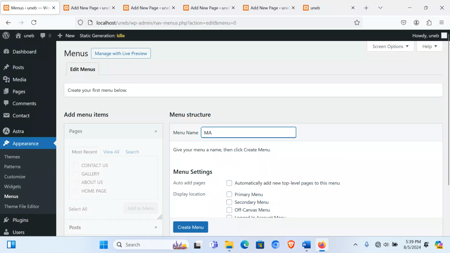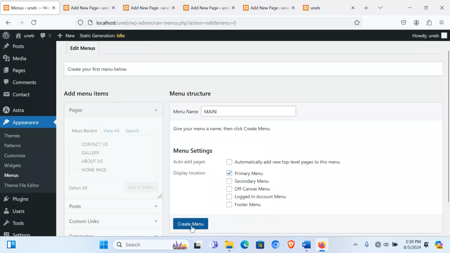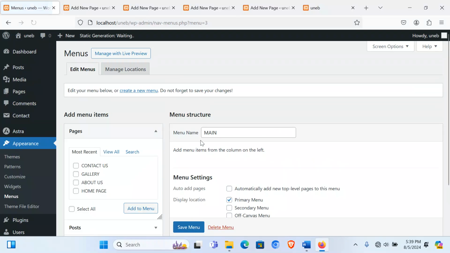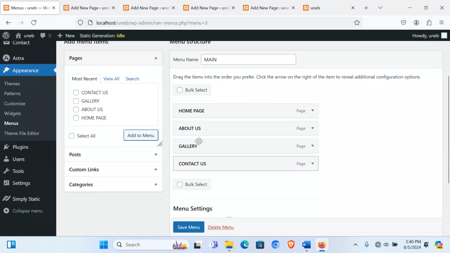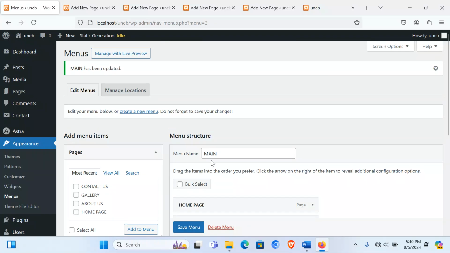We can call it main. Then we make it primary, create. After it has been created, we can add our pages: home, add to menu, about us, add to menu, gallery, add to menu, contact us, add to menu. So these are our pages. So we can save the menu. After saving the menu, seeing that it has been updated,